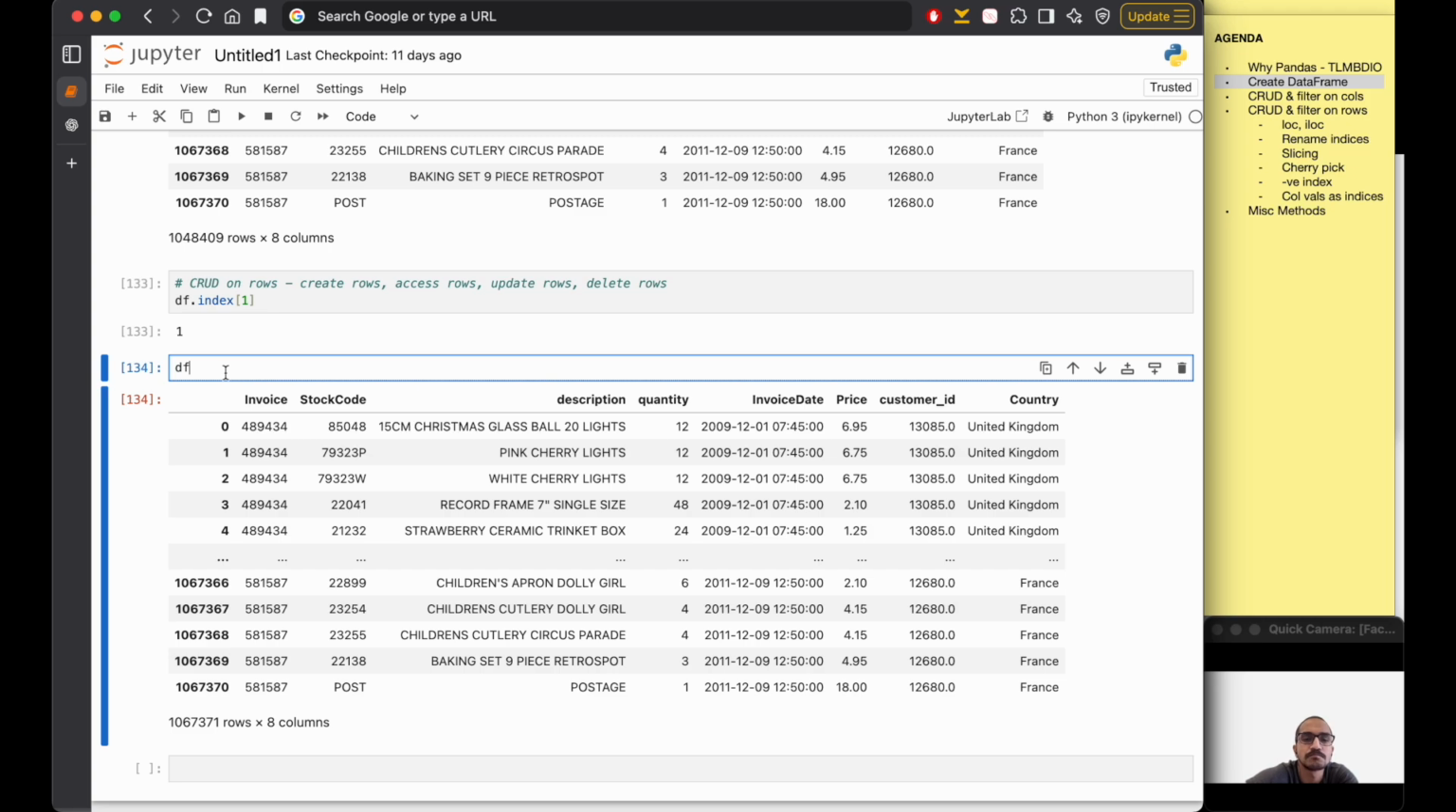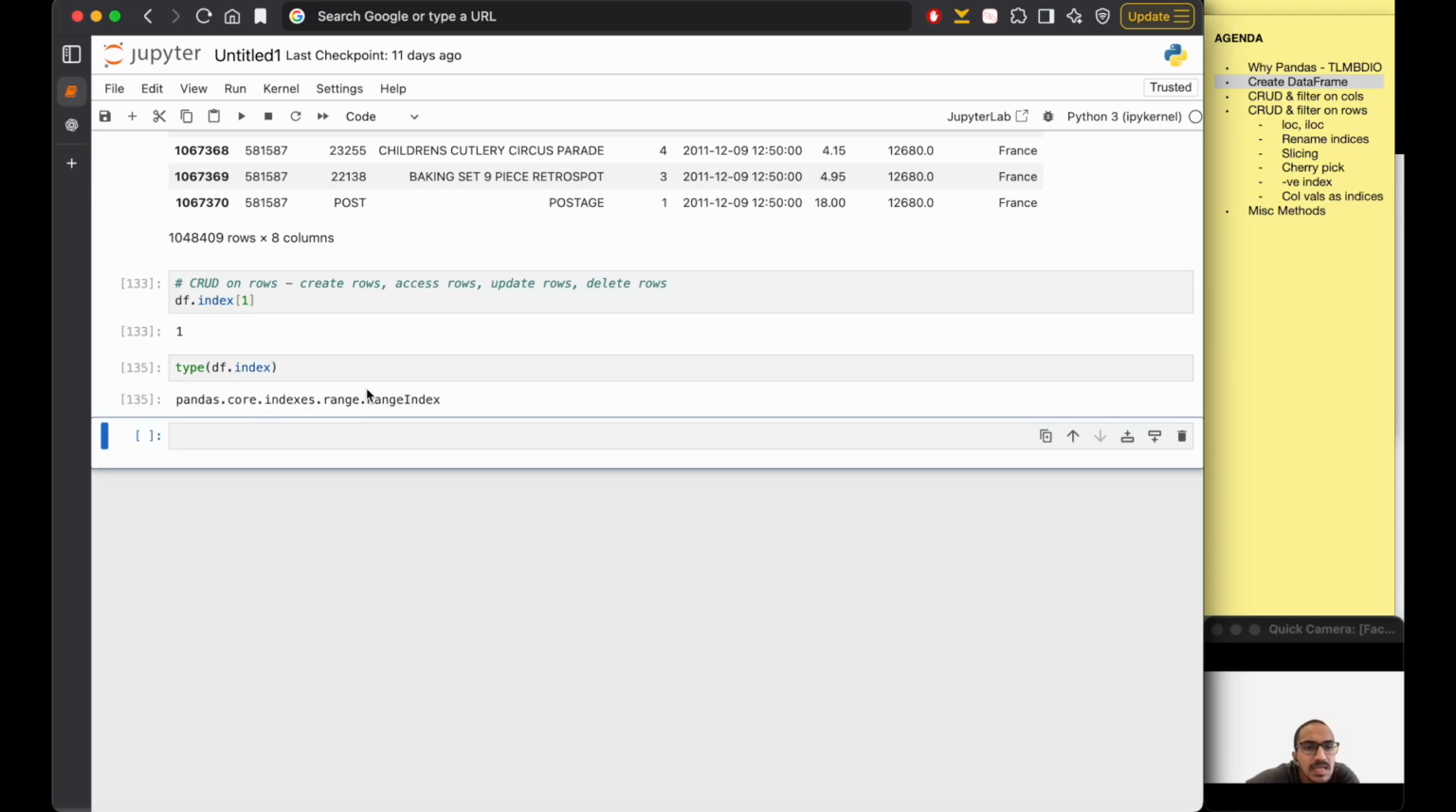Now one of the advantages that we discussed that Pandas have is we can give custom indices, right? So what if I want to provide custom indices to this? So let's check the type of this index. What is this? What is the data type of this index? It's a type range index, and